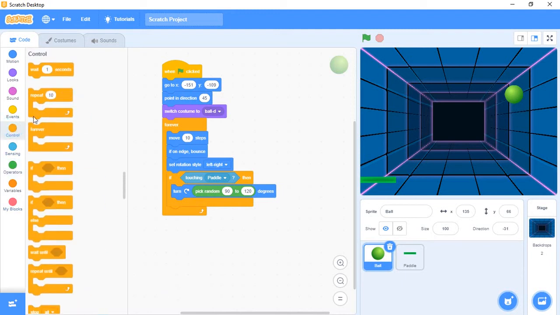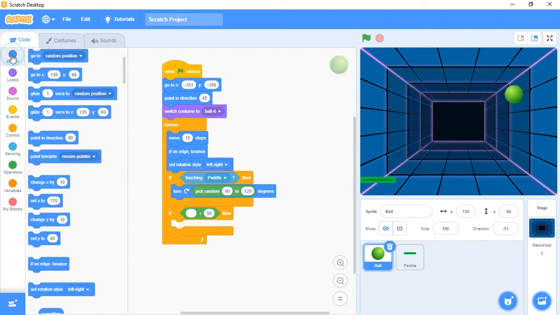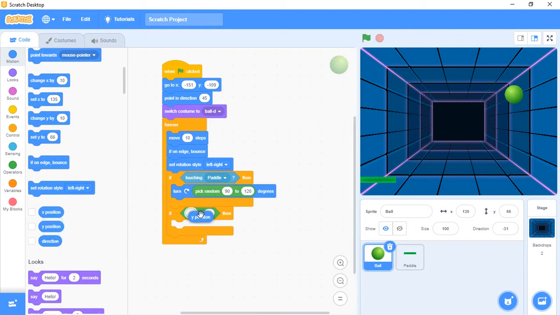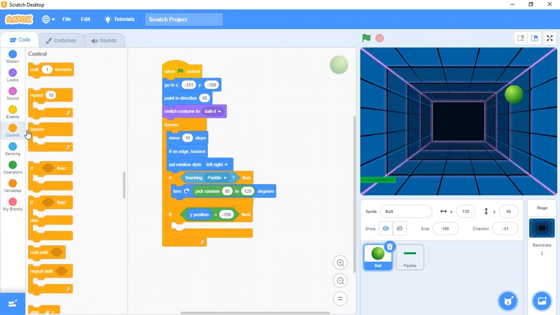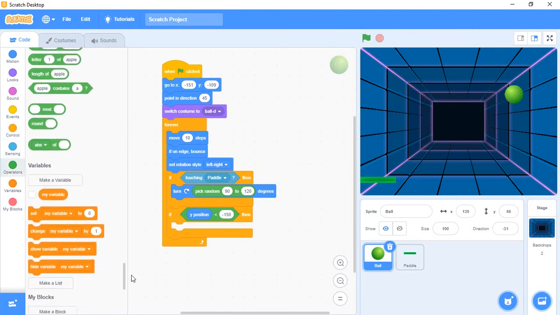So if y position, for that operator, if y position less than minus 150, it's the y coordinate. Okay, then broadcast the message.